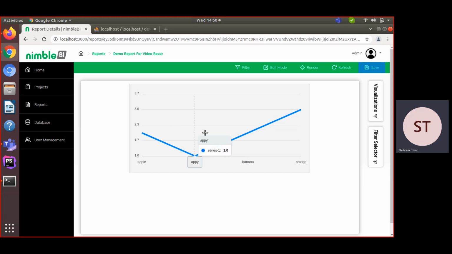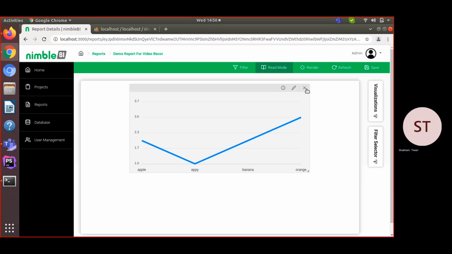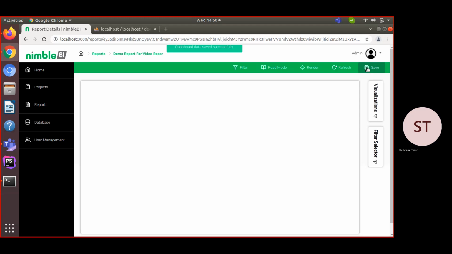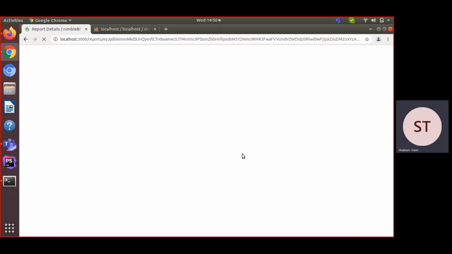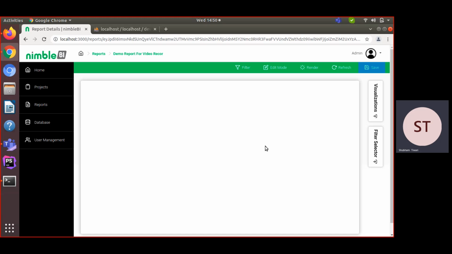Now I am going to create our next visualization, so for that I'm removing this and reloading it. Our dashboard is now blank again.